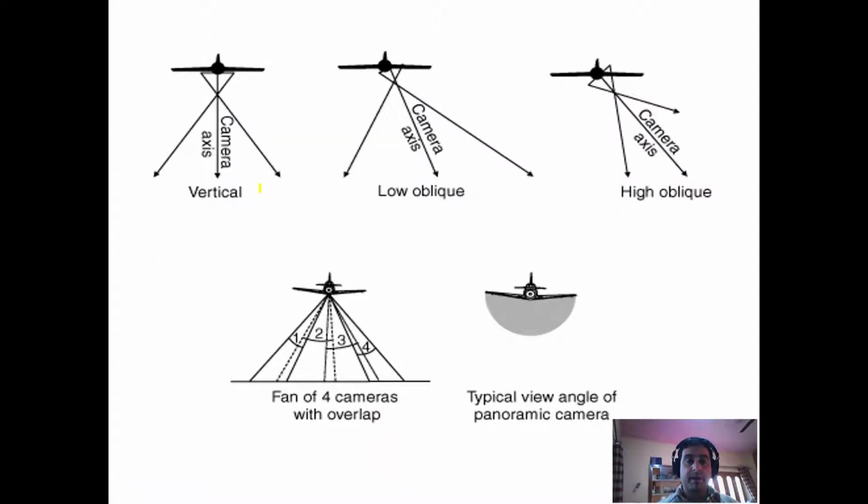So on the basis of this tilt, we can have the photographs which are depicted here. We can have a vertical photo, a low oblique, a high oblique, and this is the depiction of overlap, a fan of 4 cameras with overlap, and this is the typical view angle of a panorama, where